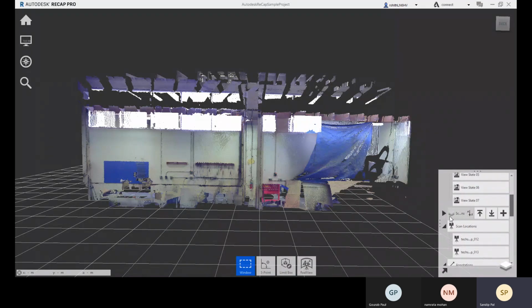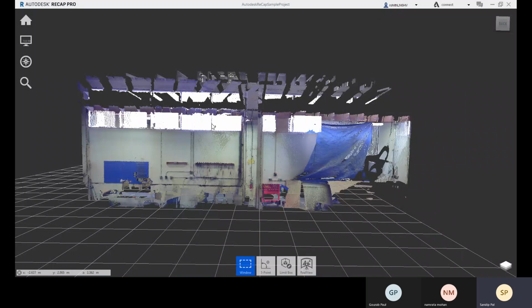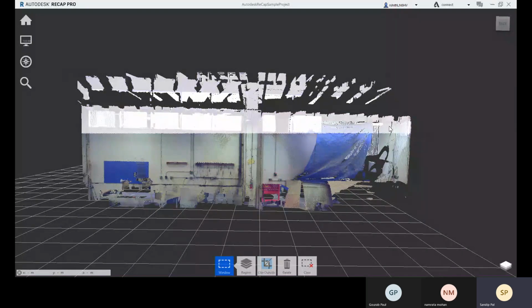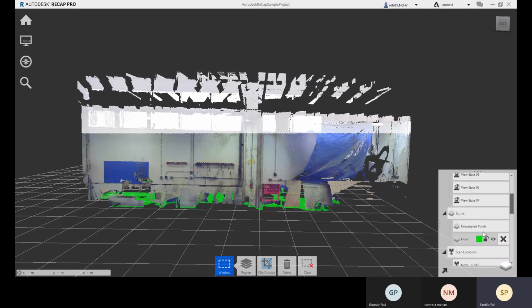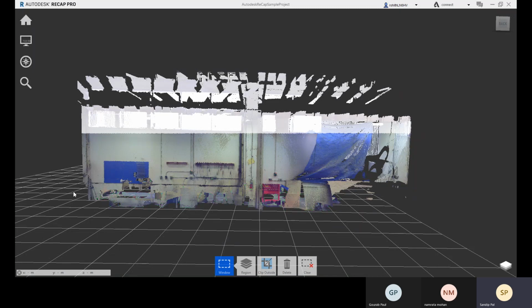Now let me show you about the scan region. The scan region is like, whenever you are selecting some part of your scan project, you can mark it as a region. So in the previous class I have shown this option. So this region. Right now you can create a new region. You can go with this new region, and you can create and define it. So now here also it is created. So one floor is created.